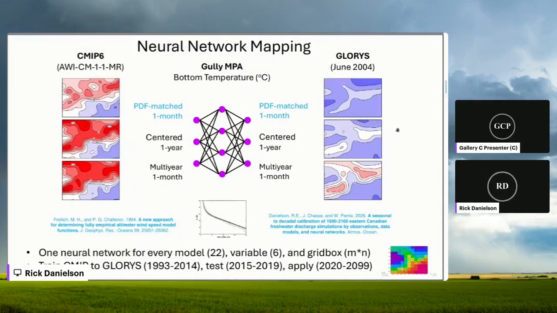And yeah, we're going to apply that going into the future. I should say there's one caveat here, which is that the monthly data is PDF matched, or resorted effectively, to allow the training to see extremes, the simultaneous extremes in the input and